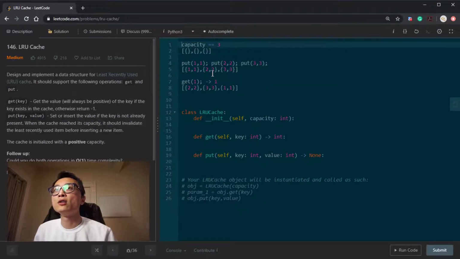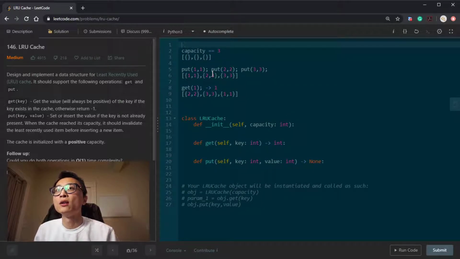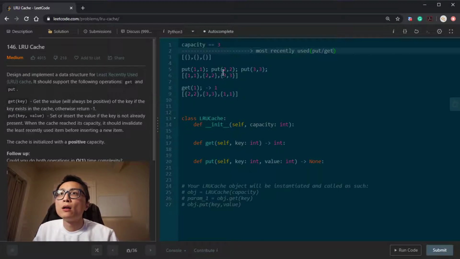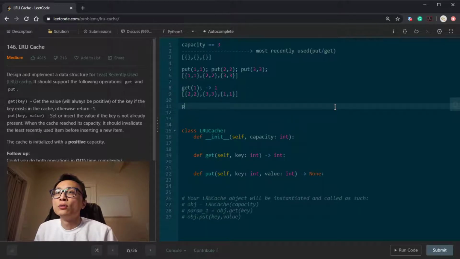So you can imagine there is a timeline here. Recently used. By used we mean either put or get. After we do get 1, we will actually promote the 1 1 from its original location towards the end. And if we do put 4 4,